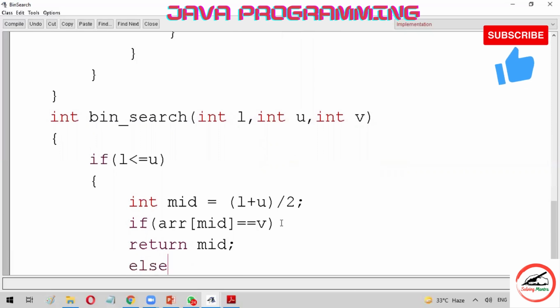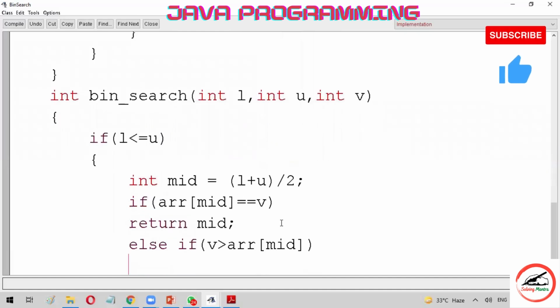If it is not so, that is, the number has not been found, then else if your number which you are comparing is greater than array of mid, you know that our array has been arranged in ascending order already.